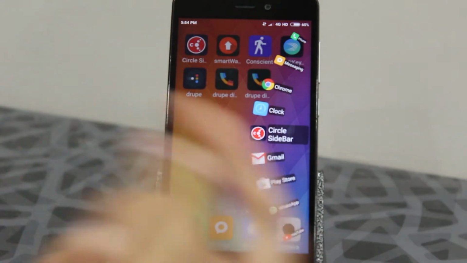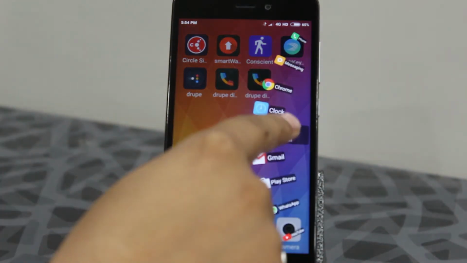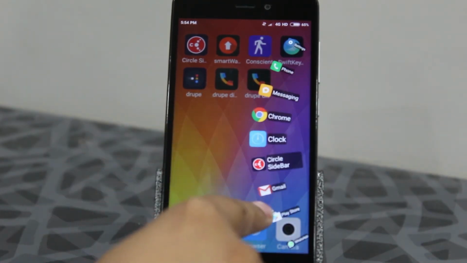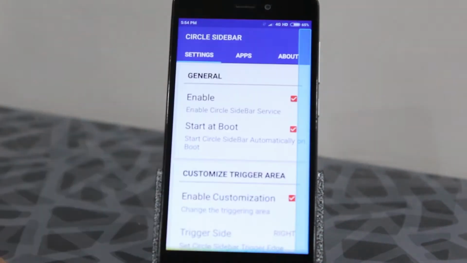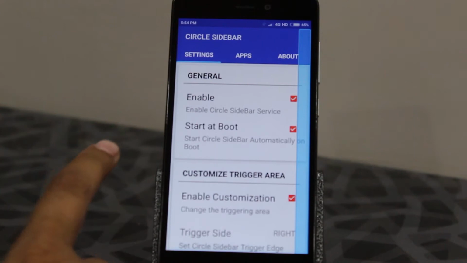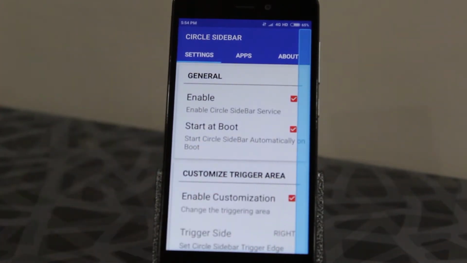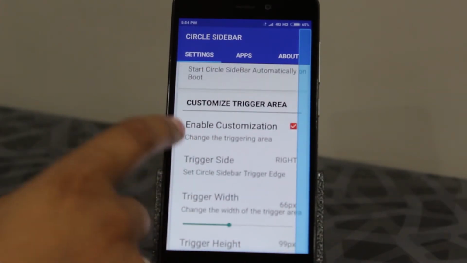So here are all the apps in a circular way, so you can rotate and you can see these are the apps. You can set the apps according to your requirement, which apps you want in your sidebar. So this is how the sidebar will look. And you can also check the option start at boot, that if you reboot your device, it will start automatically at that time. If you want to enable some customization,